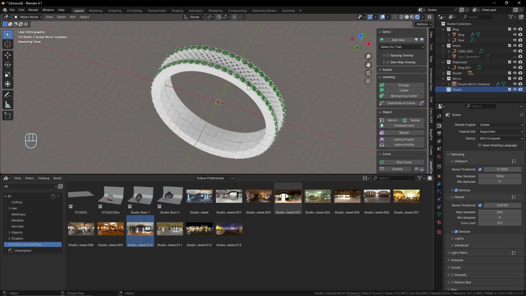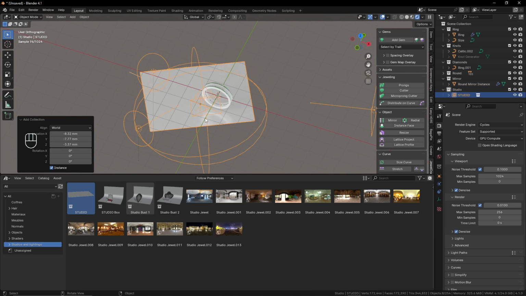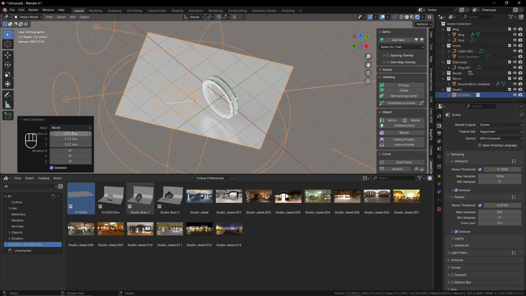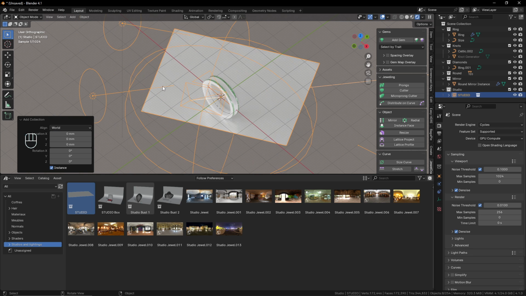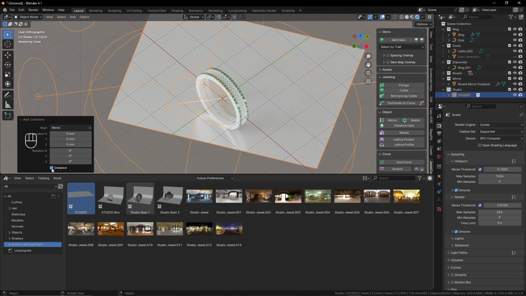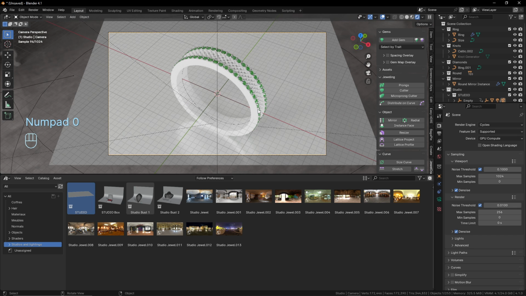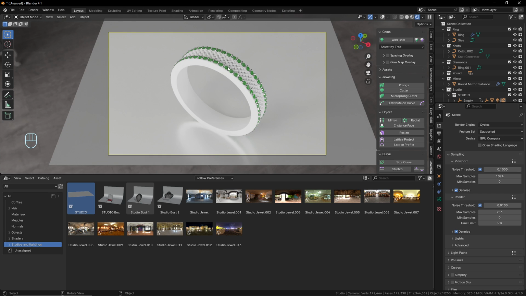It's the same here for the studio. You can just add a studio just like that. You have different kinds of studios. Some are for just the rings, some are for the necklaces. So yeah, you can play around with that if you purchase the file. But here you just add the studio, put it at 0, okay, and use the instance, not the instance value. Like this, you can go into the camera view and you see you have directly a nice render setup,